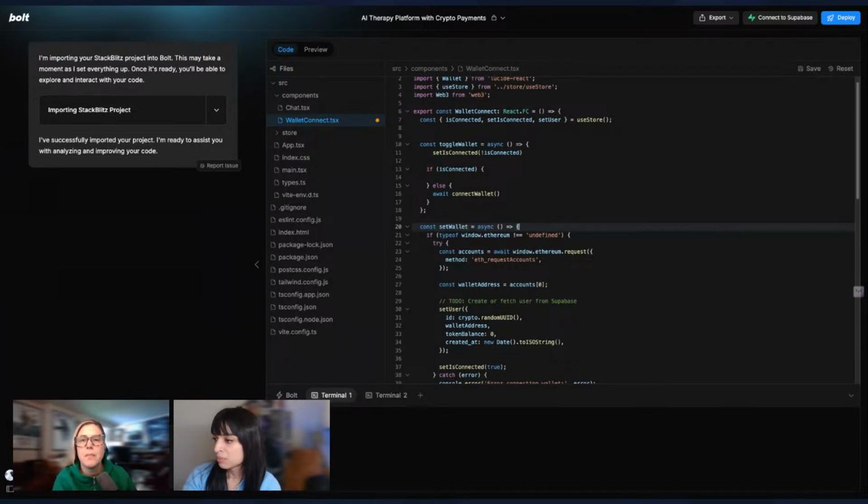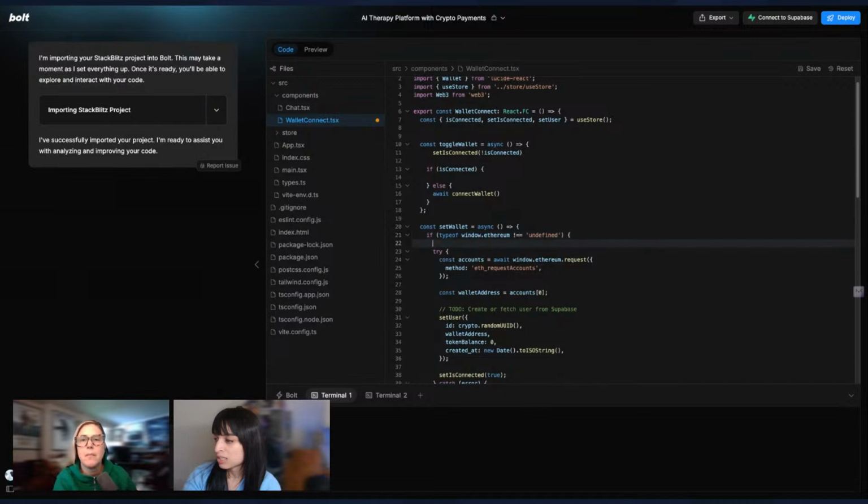And here, what we can do is set user null if it is already connected. And then you want to rerun.